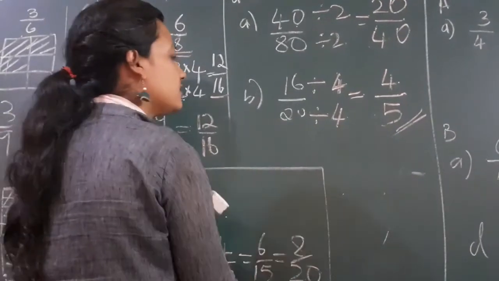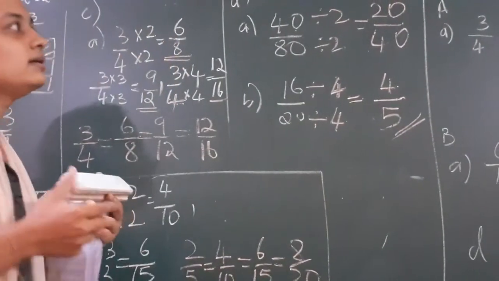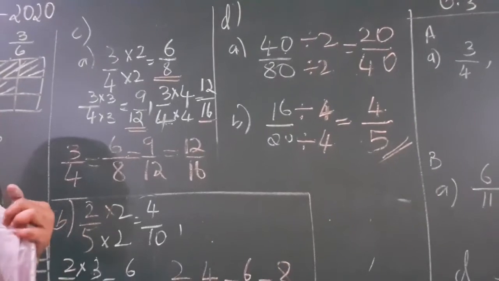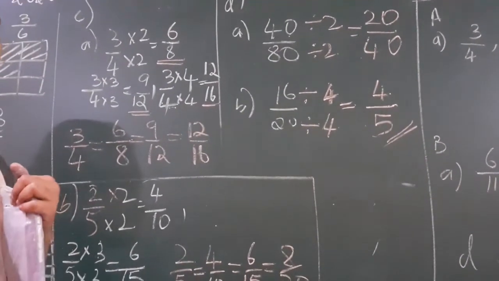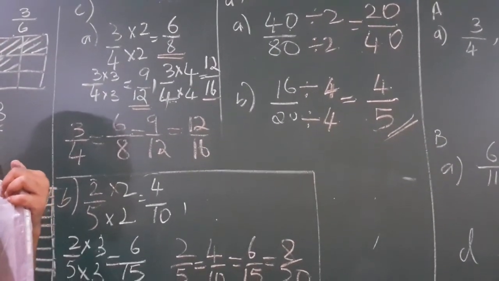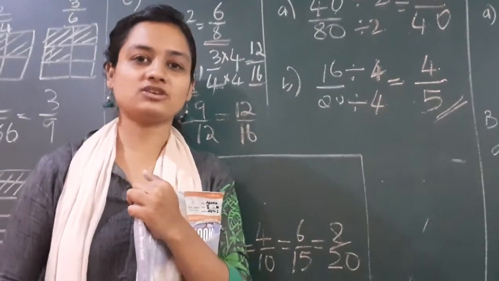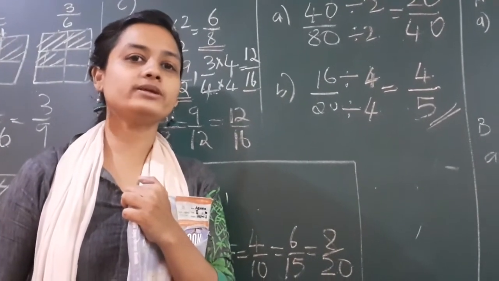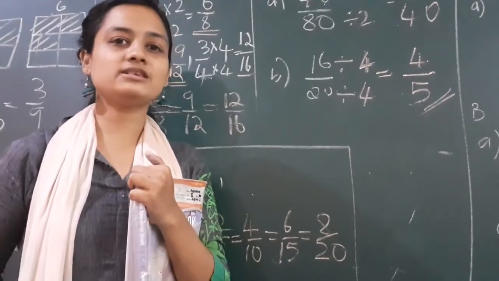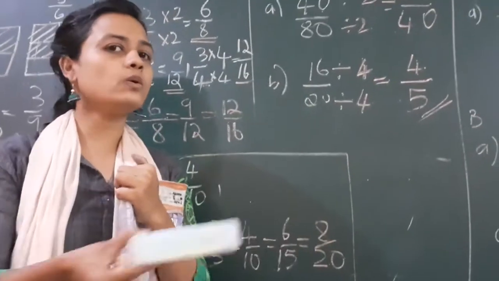So we are clear with this B main, children? By this we have finished exercise 6.2. Before going to the second exercise, that is 6.3, you have to learn something called comparison of fractions. Comparison is what, children? You compare with your brothers and sisters, no? Who is more, who is less?